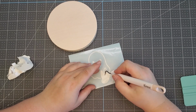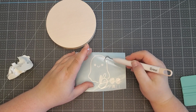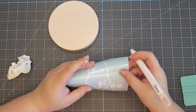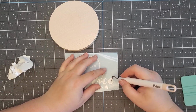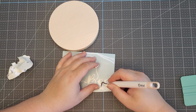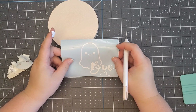Now, you will actually see this booyah again. And what I did was I actually had to do a little bit of work with this one. This was actually a solid shape, and I wanted the outline so you could see the pink underneath it. And I'm kind of thinking through this. I don't know if the white is going to show up on this too well, so you might have to redo it and apply black vinyl. What happened was I originally was going to do black vinyl, and then I cut it on white, and I said, you know what, I'll give it a try and see how it looks. And so I'm thinking that it might blend in too much, but we'll see. Leave me in the comments section if you think it blended in too much. But anyways,